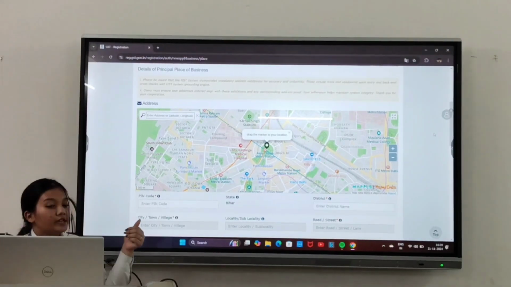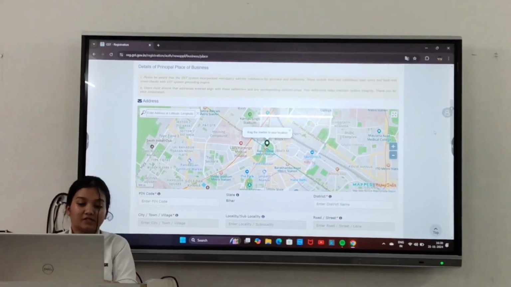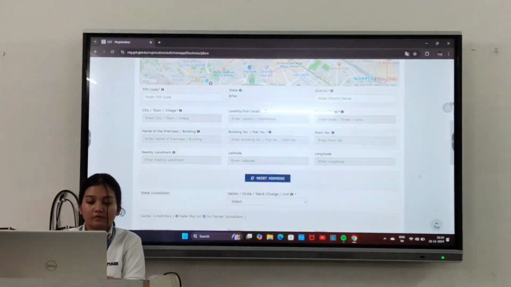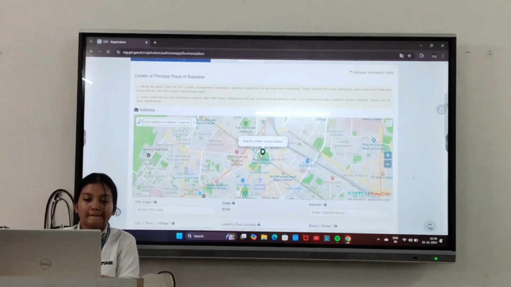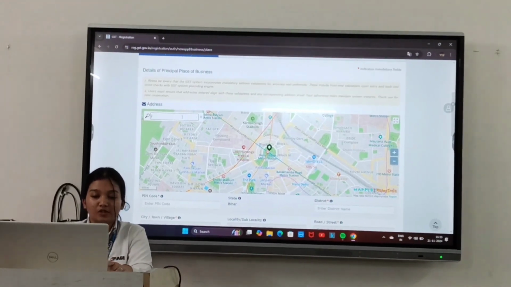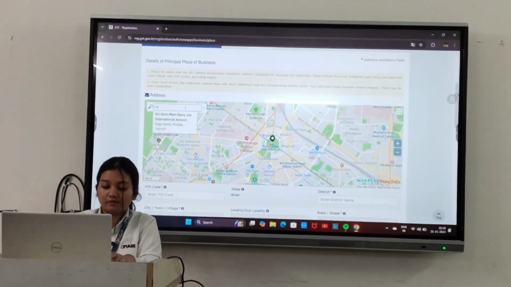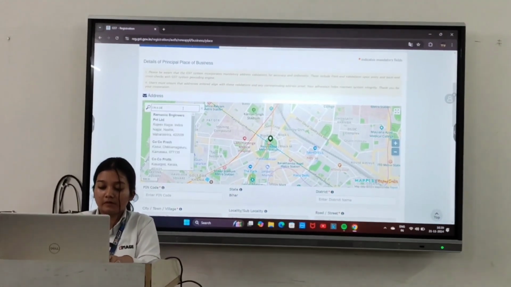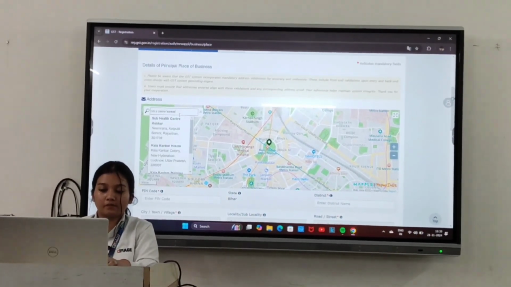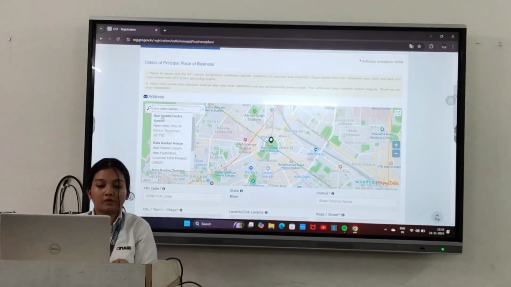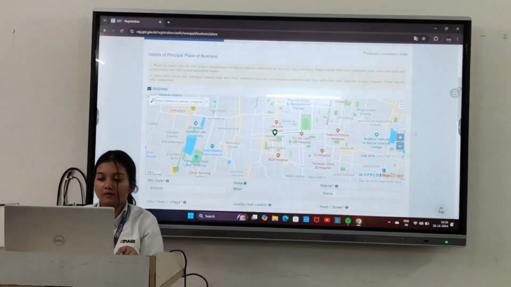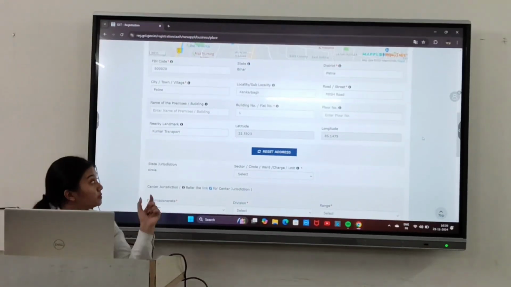Here the next one is the details of the principal place of business. Here I have to mention the address of the principal place of business. So I'll mention it. An address has been uploaded here.